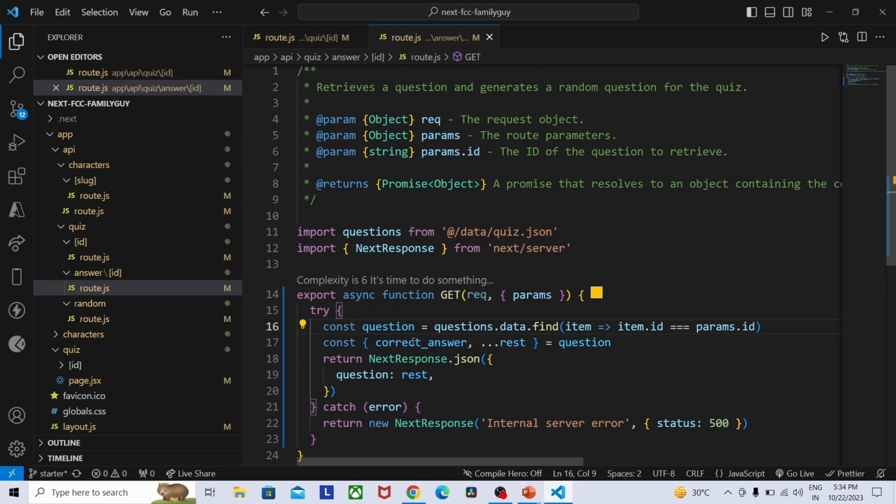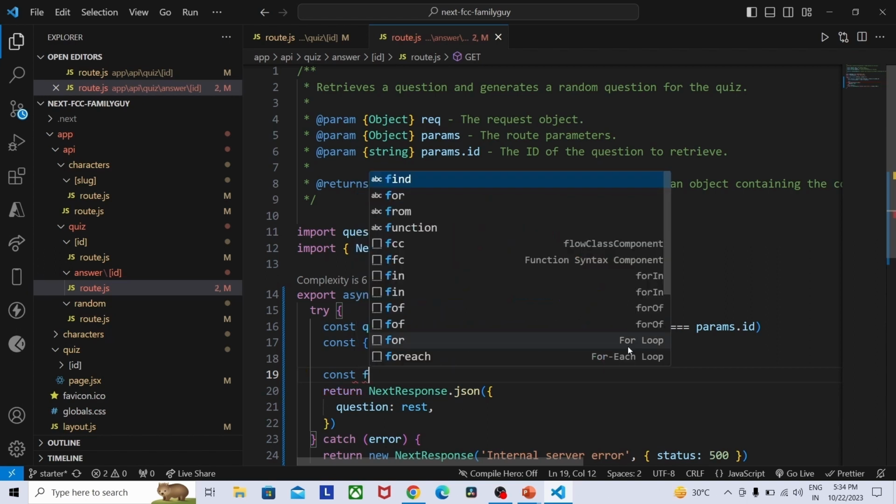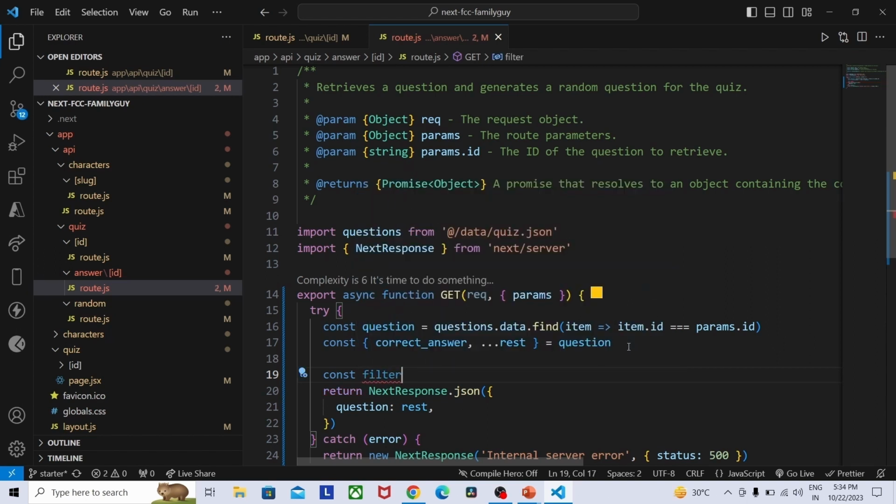Next, here we are filtering questions and rest of the values. And finally, we have to create another variables called constant filtered question equal to questions